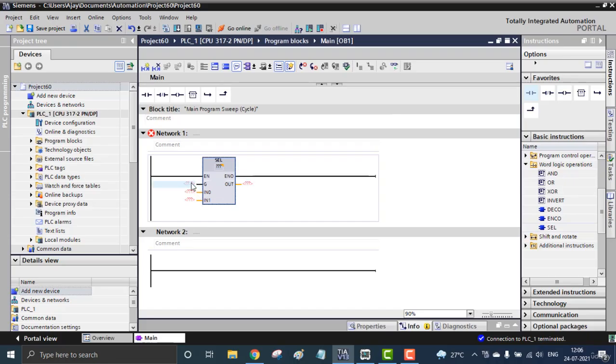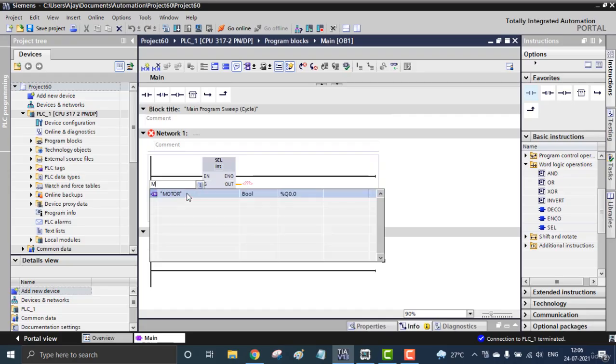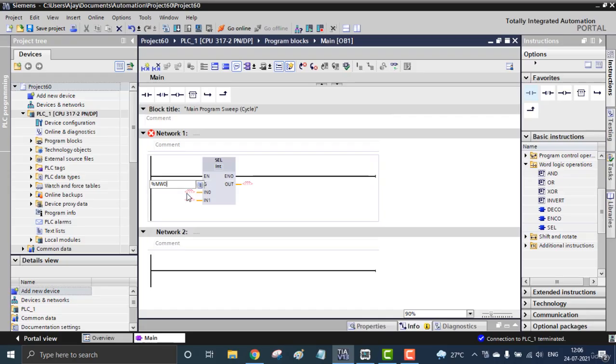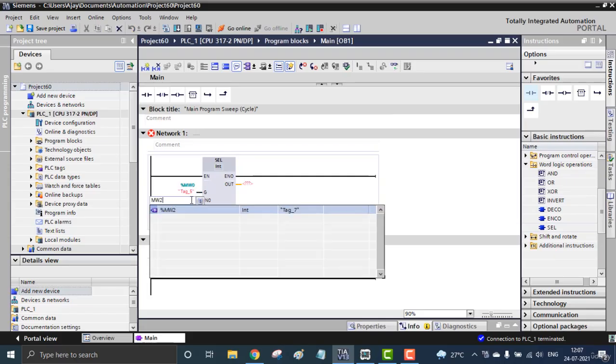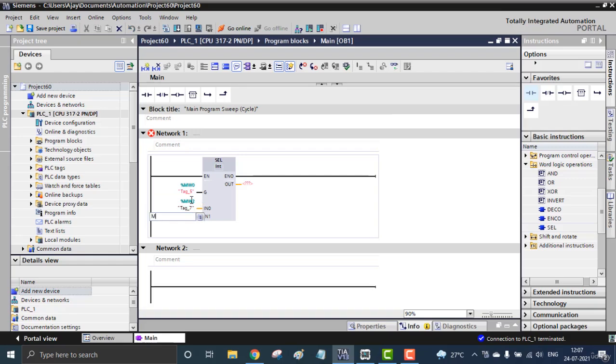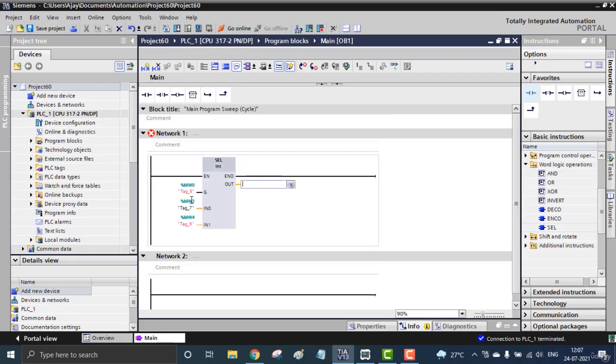The G will be the selection bit and the other two will be the inputs, and I can use whatever input type: character, time, anything. So I'm using the integer or word. So G will be MW0, that should be the selection pin, and the input 0 should be the word type. Actual parameter does not depend on this. So MW0 is the G, in0 should be MW2, the other, in1, should be MW4, and the output should be MW6.